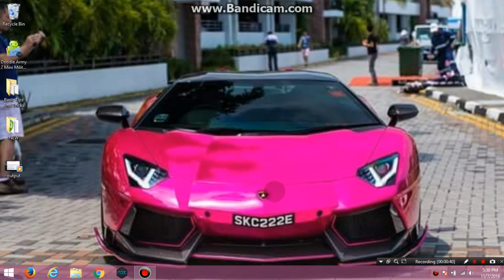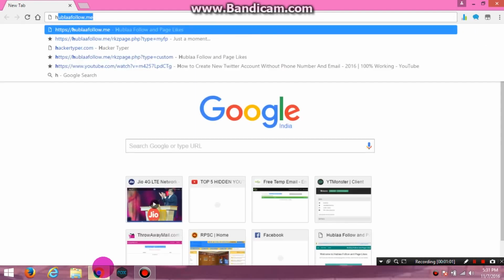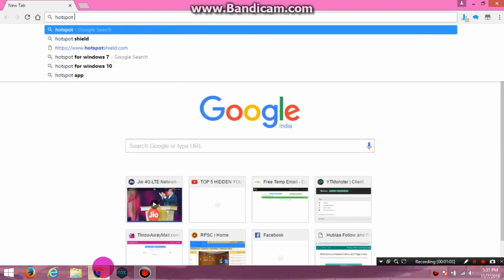So first of all, let me show you a simple method, but by this method only the web browser will get the proxy network. So first of all, I am showing you how you can apply a proxy on Google Chrome. So let's open it, and after opening that, you must search on Google for Hotspot Shield Chrome extension.